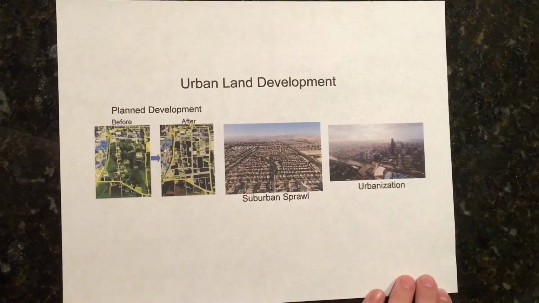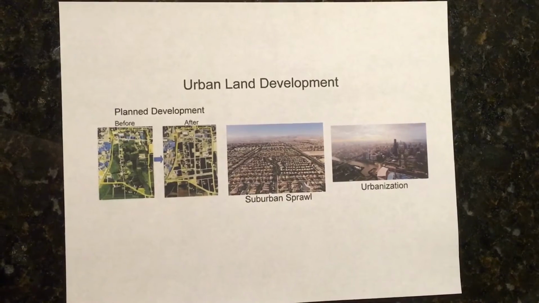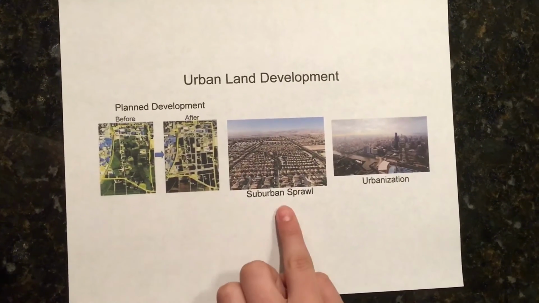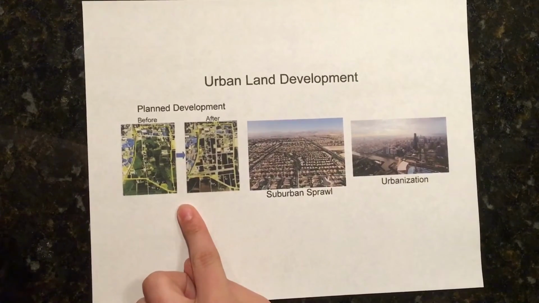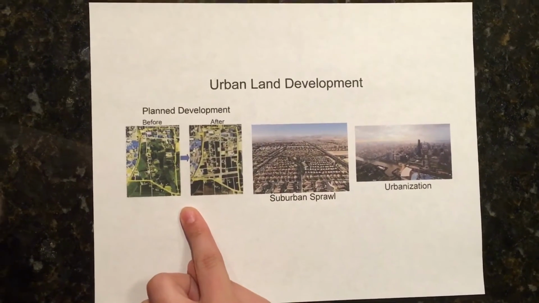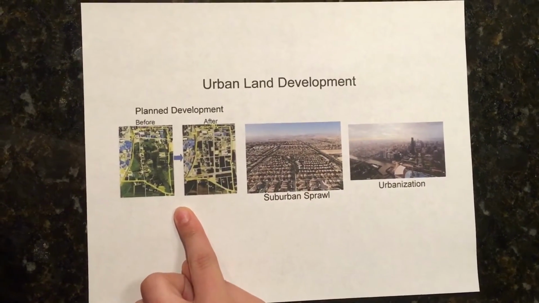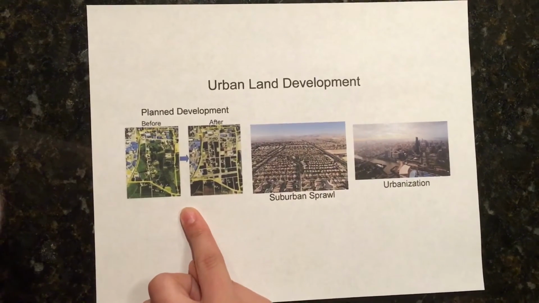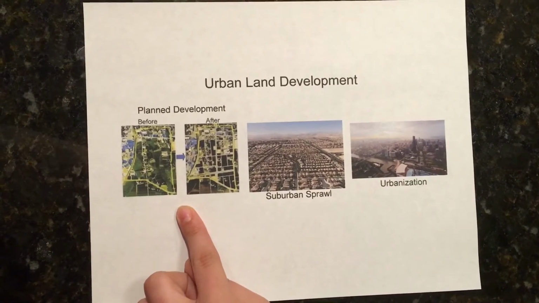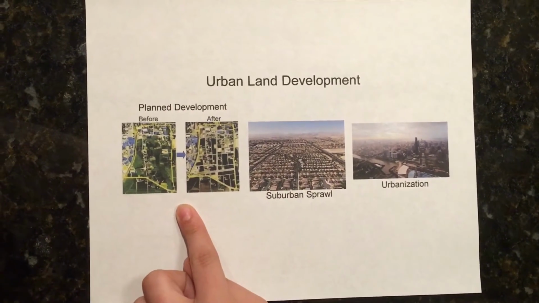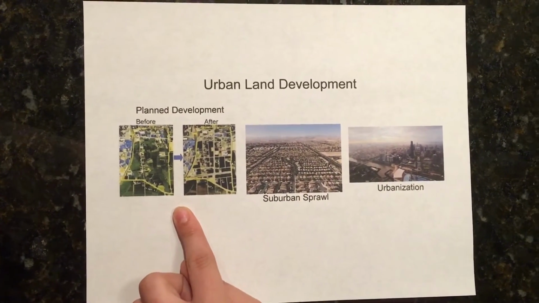Next, we can look at urban land development, specifically planned development, suburban sprawl, and urbanization. Planned development is going to be residential and commercial buildings. They're going to use around 1/3 of all energy and 2/3 of all of the electricity in the United States. They're going to be getting tax incentives for less polluting forms of energy, and they're going to look for resource-efficient